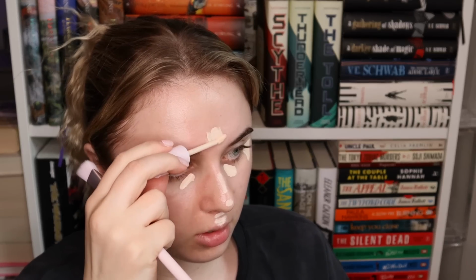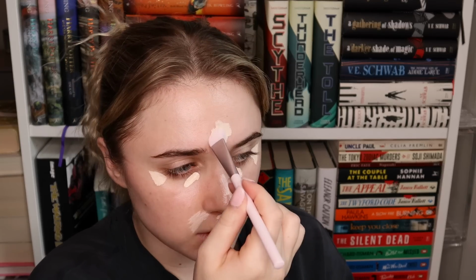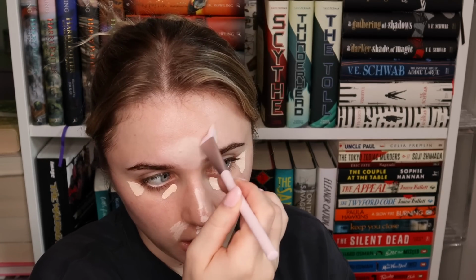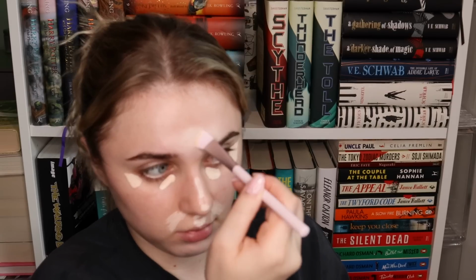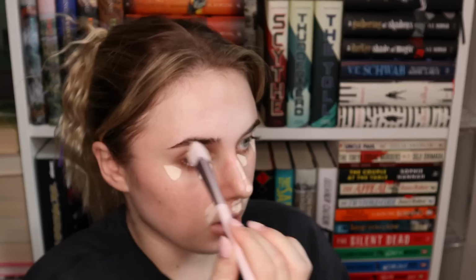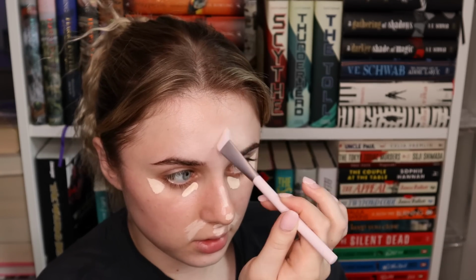Let me just put this down, kind of the middle zones. I don't know how quickly you have to blend it out. That actually blends out very quickly with the brush. Sometimes I'm against brushes because sometimes they end up taking way too long and looking streaky, and I just feel like it doesn't do what I need it to do quickly. But this actually is blending out very fast, and I feel like the concealer is